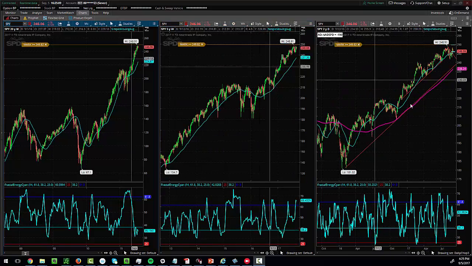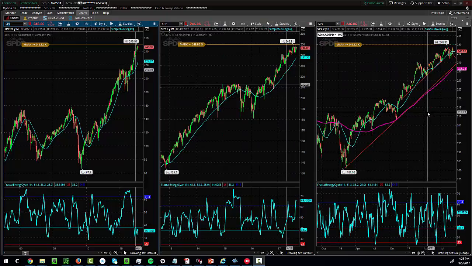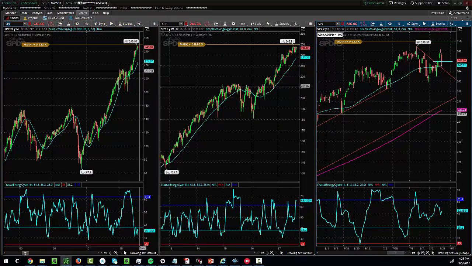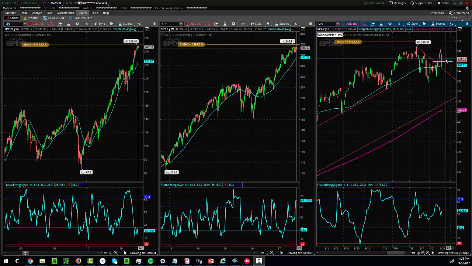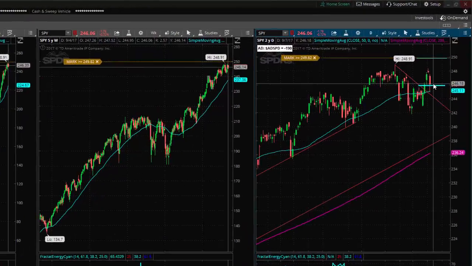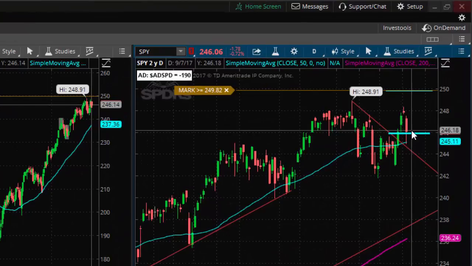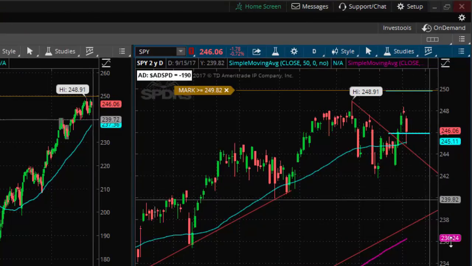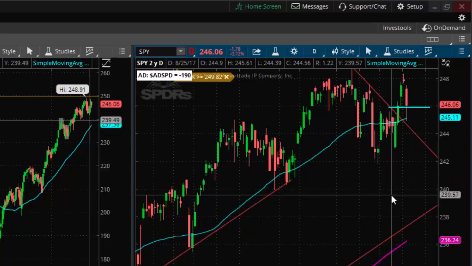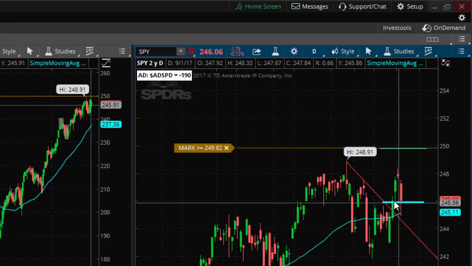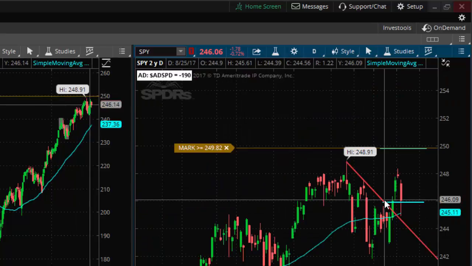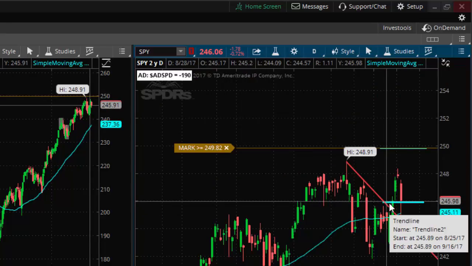Okay, so right now I want to transfer over to the spiders. Instead of just looking at the futures, I also want to look at the spiders, because what I do every weekend is set up the expected move for that week. Today we hit that downside target on the weekly expected move. The price has already come down and tagged that expected move. You can see it here in the lower blue line. Every weekend I set up two alerts, one to the upside, one to the downside. That alert got hit today.